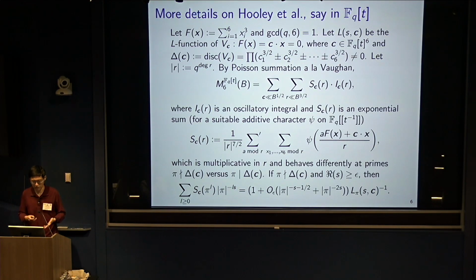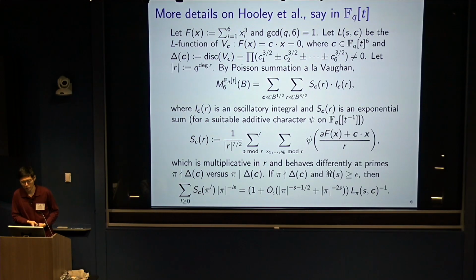So this has 7, I guess, variables mod r, so square root normalization would be r to the 7/2 size. Because f is homogeneous, you can show that this is a multiplicative function of r. So that's a good sign if you want to connect it to L functions. And it also behaves a bit differently at generic primes where the variety's hyperplane section is smooth versus